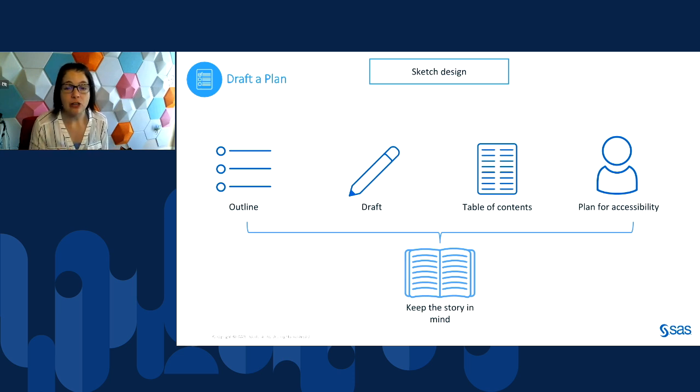At this time, I would also recommend planning for accessibility. This will give you a good idea of what needs to be included as you start to build your report. So if you have a lot of report viewers that use keyboards, you might want to think about adding keyboard shortcuts somewhere along the report. I blanked on the term, but if you have a lot of report viewers that have the computer tell them what's displayed in the report, you might want to have additional details. So add some additional text to describe your report so they can understand that as well.